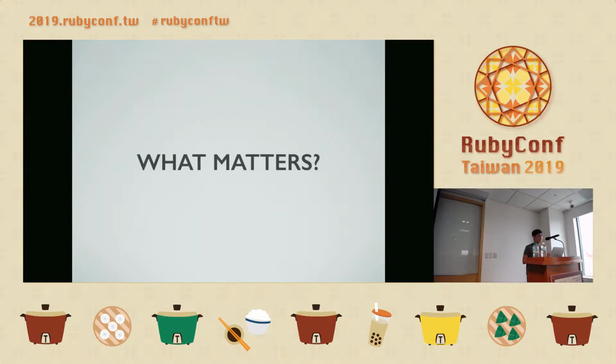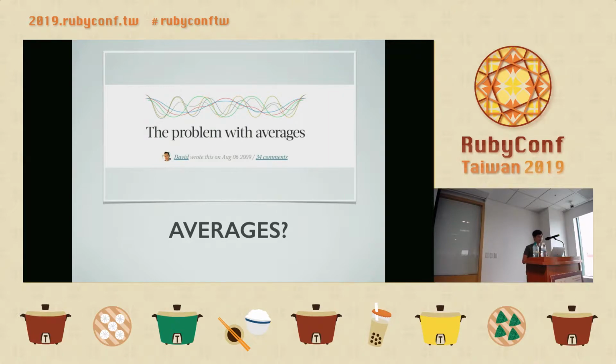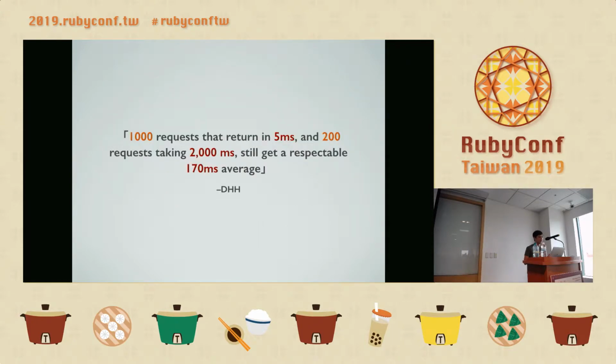When we speak of APIs for a web app running after a few years, which parts of it really affect business? I mean, what do we really care about? Is average response time what we are looking for? Maybe or maybe not. There's an old article talking about the problem with averages for measuring metrics. Like for a combination of 1,000 and 200 requests in this example, the average looks absolutely acceptable. However, that wouldn't sound correct at all, right? Actually, I'm not sure this has the right calculation here, but you get the point.